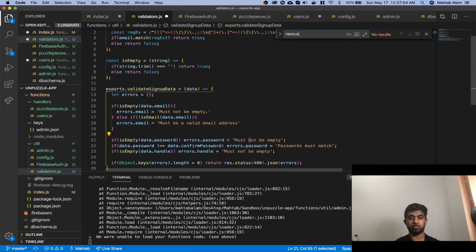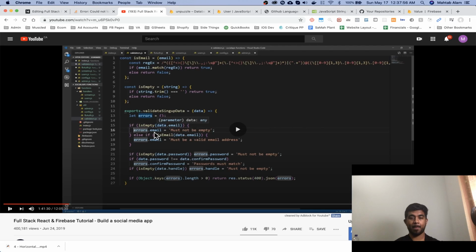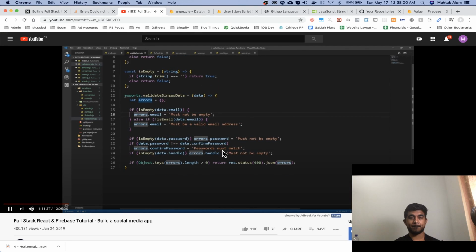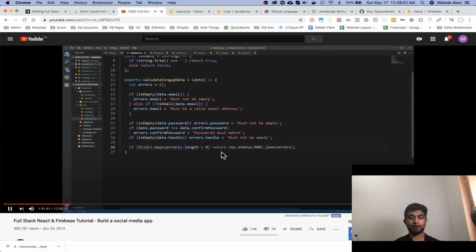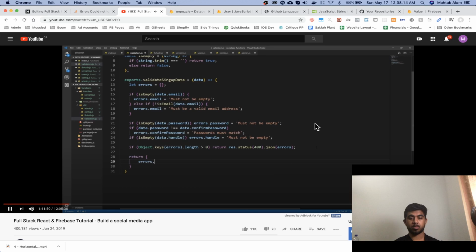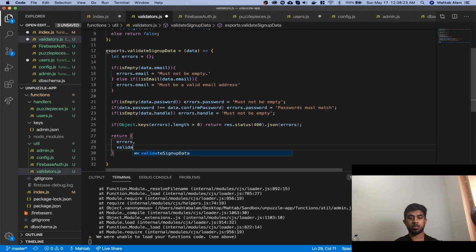New user. Cool. And the thing is, we don't return status or anything from here. We will return errors, but let's also return another key. So let's return errors, and along with errors we return another boolean. Let's call it valid, and the value of this is